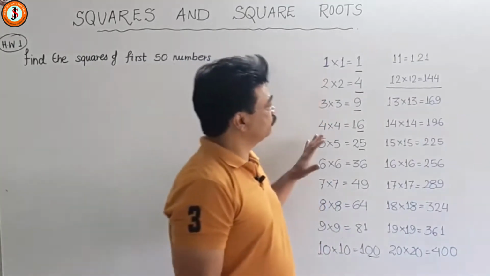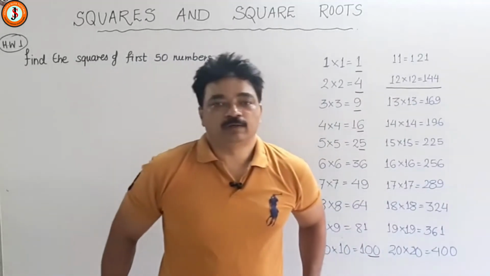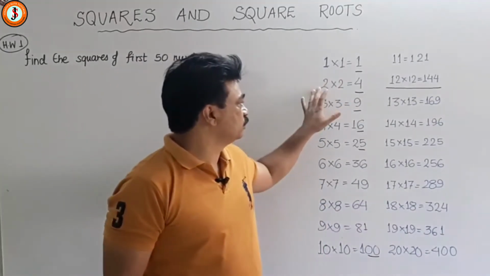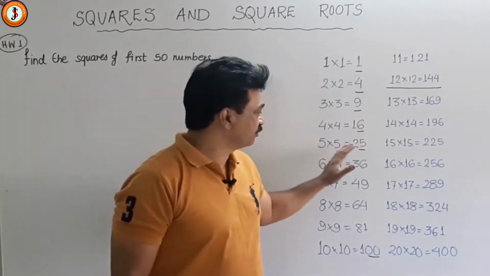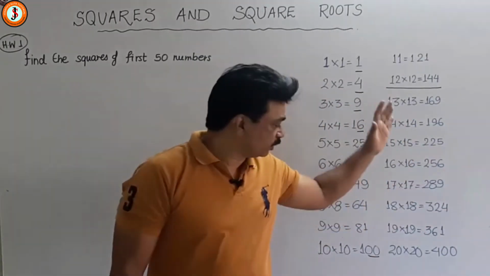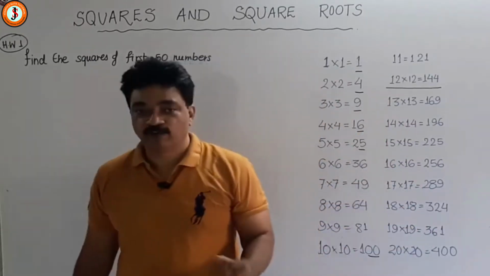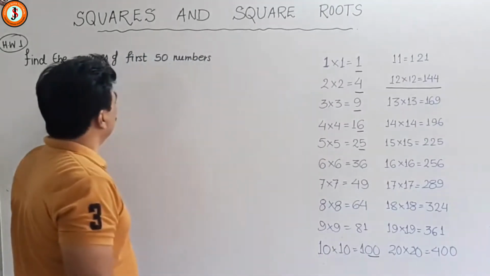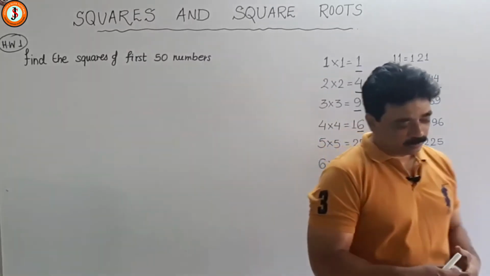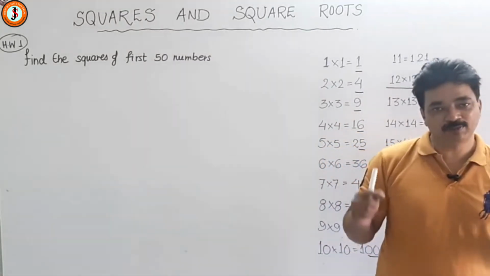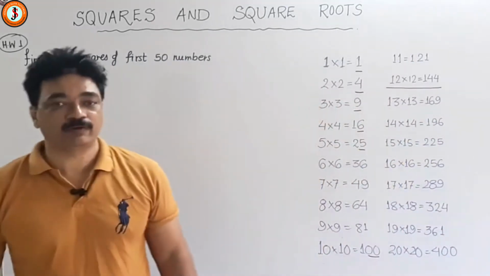So here is a table which gives you the square of first 20 numbers. Square of 1 is 1, 2 is 4, 3 into 3 is 9, 4 into 4 is 16, 5 into 5 is 25. So nice work. What you do is you make a table exactly like this for first 50 numbers. That is your homework. And normally, in due course of time, it will stay in your mind. When you go to higher classes, you'll need it always in a lot of calculations.